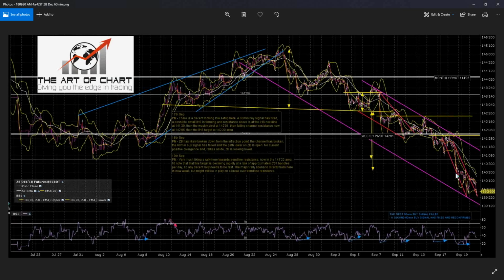Okay, ZB. ZB retesting this low. I'm really expecting that to hold. I've got a pretty nice setup for a rally here on ZB. The obvious target would be this trend line here. It could break over that trend line, but I think the odds would favour more it coming back down, making a lower low, possibly as low as into the 138s, but hopefully respecting this trend line here, and then a larger move up. So I think we're reckoning this is in the bottoming process,